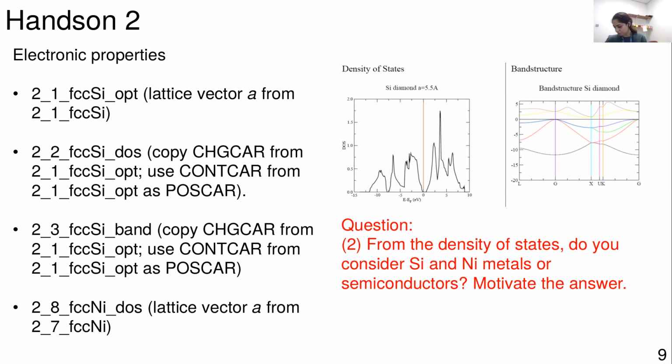And how could we know that the dose figure is good? Because in the input, the key points that you put must be the ones that you need. So the key points for the band, we showed them before. The key points of the band are 10 key points set at certain positions. For the density of state, we are using the Monkhorst-Pack mesh. So that is already telling you that one is good and the other one is not good. Because you are optimizing the key points to calculate the band structure, that optimization of the key points with the band structure is not good for the density of state.